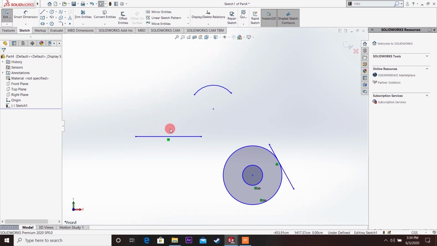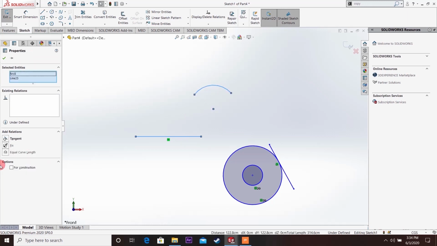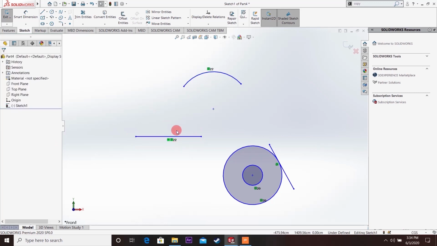Okay, so I'm selecting these two entities, and I'm going to click the equal curve length option over here. So it makes the length of this line and the length of the arc equal. Okay, that's it. Thank you guys.